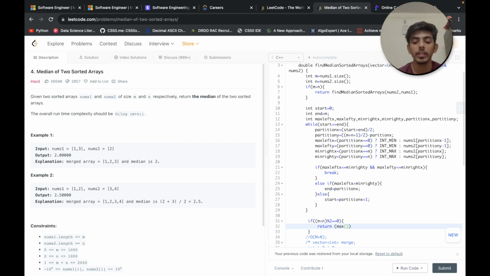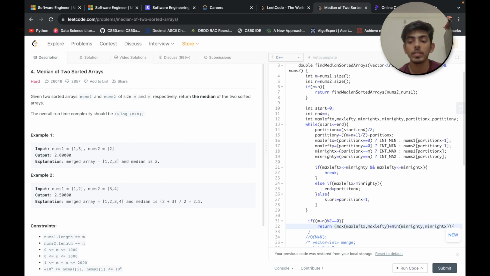First we find max of max left x, max left y, plus min of min right y, min right x.